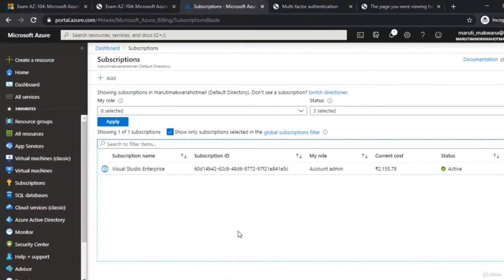Like you can see here, I'm inside my subscription and on the left side in this particular column I have clicked on subscriptions. You can easily find the same thing in all services also. When I go inside subscriptions, if I have multiple subscriptions in my account, it's going to show me a list of those. I have one subscription right now. The unique subscription ID for this particular account is visible here. My role for this is account admin, and the cost which I have consumed so far is this much.